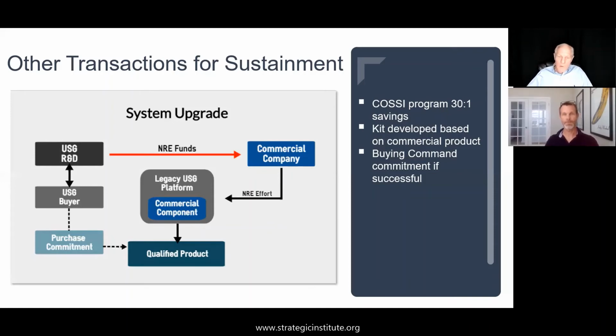Instead of the part that they had been buying, they got a part that was cheaper and typically had better performance. For the first 2 years, this program was run by DARPA, and $100 million in government R&D funds went in, as well as private sector funding. Over the course of 10 years, the government savings in O&M funds and procurement funds was $3 billion, a 30-to-1 ratio. This is what happens when you focus on goals and realize the flexibility that you have. Next, please.